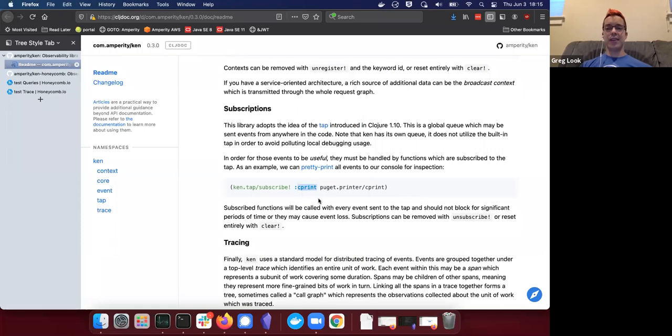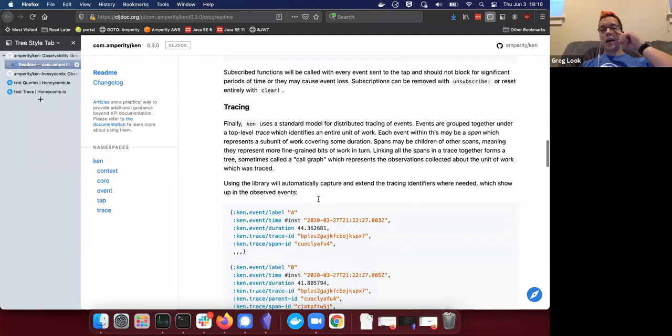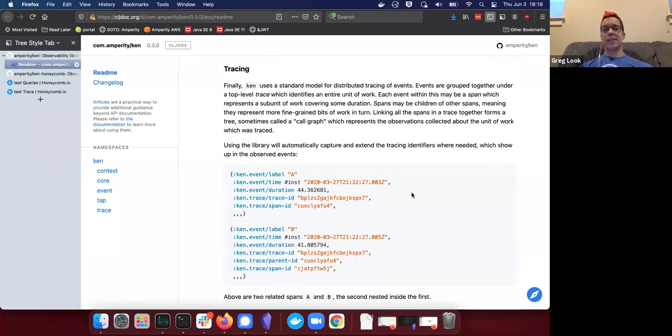And similarly, you identify these with a keyword so you can have a handle for them later. And then finally, the way this gets woven together into a full story that you can see in a tracing tool is by keeping track of both an identifier for the total unit of work, the total set of work that is done for a specific action, as well as identifiers for the individual pieces of work that